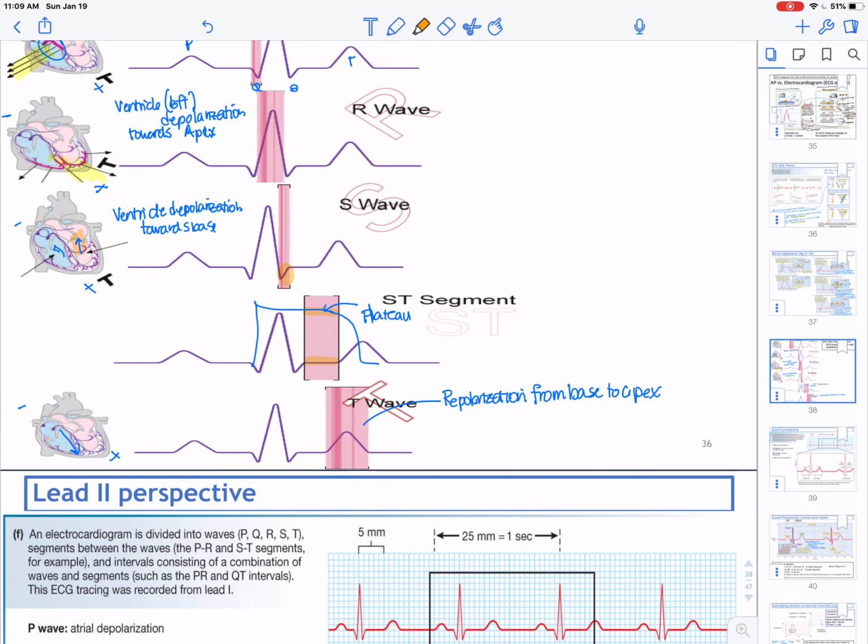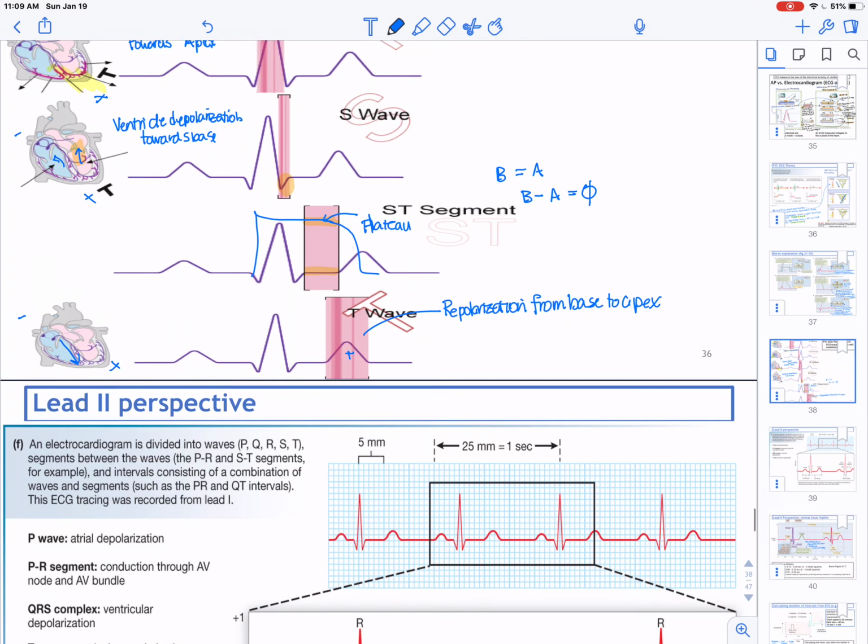The major ventricular cells are all depolarized, so there's no difference between the B electrode and A in terms of charge, and therefore B minus A is equal to 0. So we're in the isopotential phase. And then we have repolarization from the base to the apex,